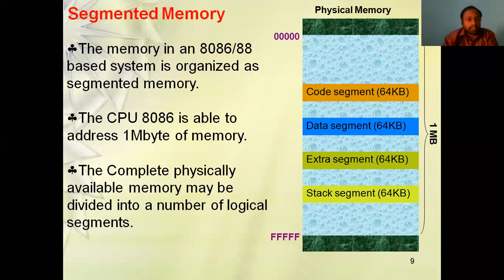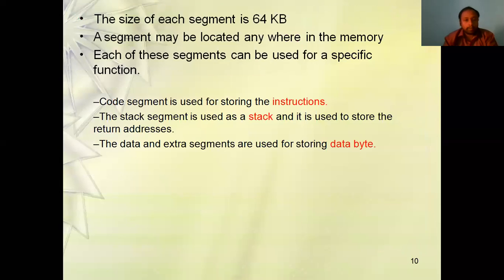And this is about the segment memory, where you can see we have a total of 1 megabyte of physical memory. Each segment, like the code segment, carries 64 kilobytes. Besides the 4 segments we discussed, the remaining 12 make a total of 16 segments. Each segment carries 64 kilobytes, and that makes the 1 megabyte of physical memory.